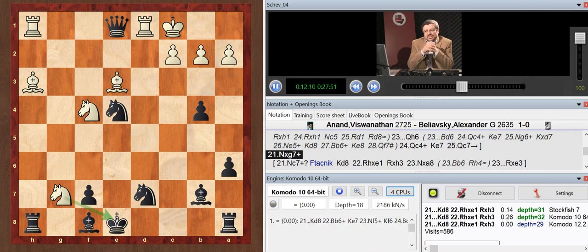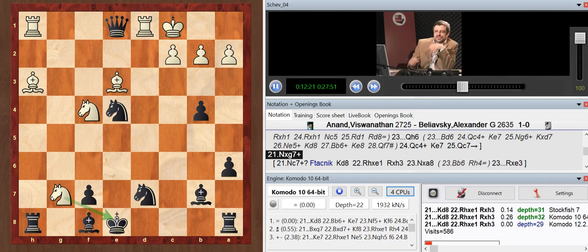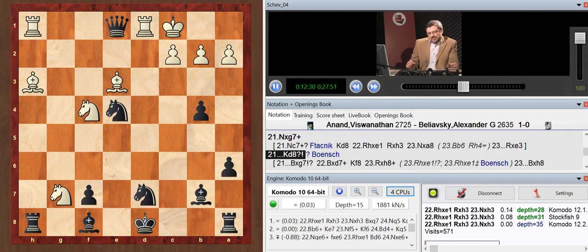Knight takes g7. Knight takes g7 is, of course, a tactical resource, because if black takes on g7, white is able to interpose with bishop d7 and only then take on e1, saving all the pieces for attack and getting a somewhat better position. Black probably didn't solve the problems of this position in the best way. Bishop g7 should have been preferred, but king d8 is a sophisticated attempt, because now, of course, bishop d7 is not played with check, and also rook d7 is not possible because there is still a queen on e1.